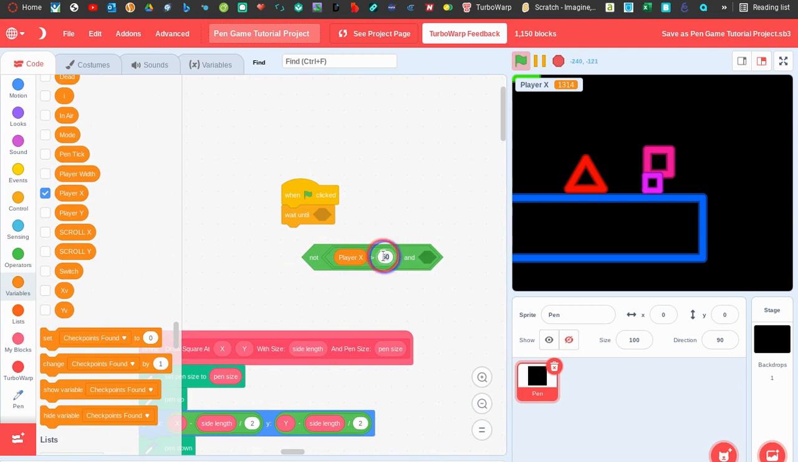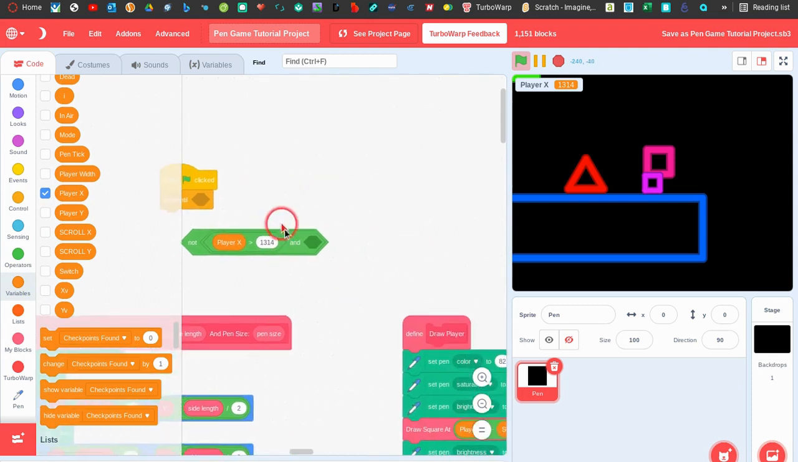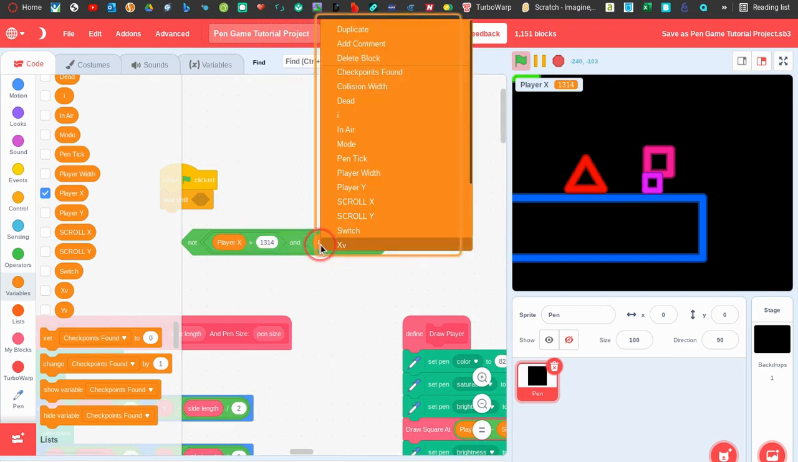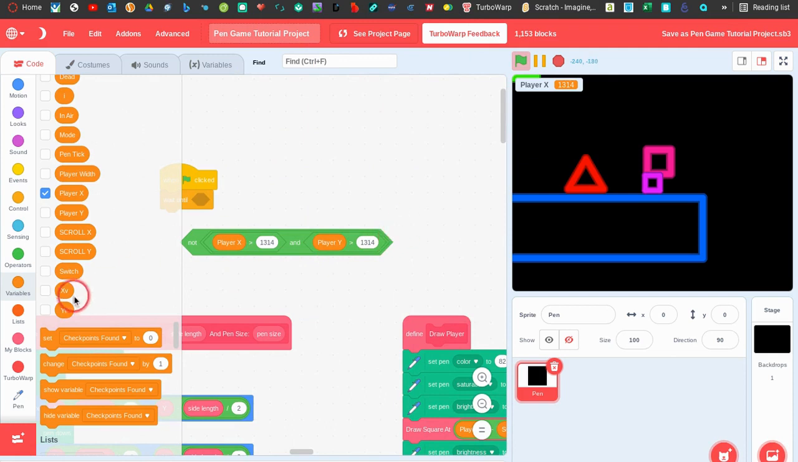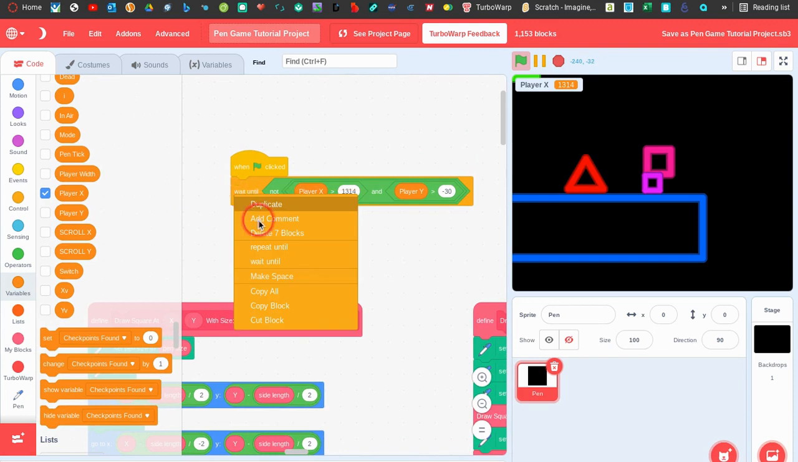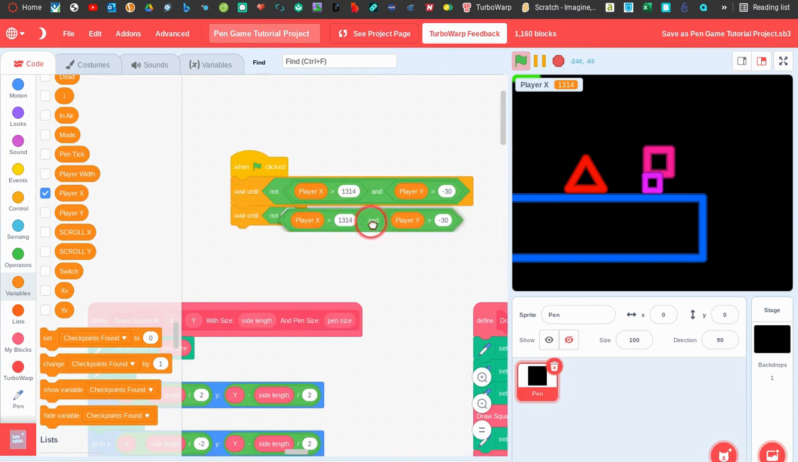So 1, 3, 1, 4, and this is the manual part, but I mean it's okay. And then player Y is greater than, let's see, negative 30. Okay, so then just put this in here and then duplicate this, and then just do this, and